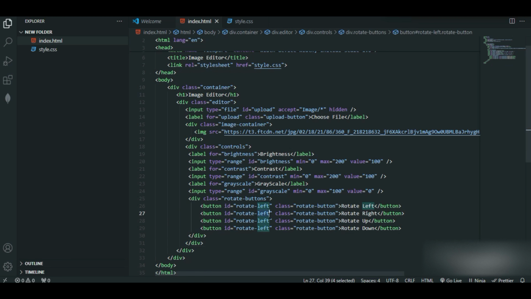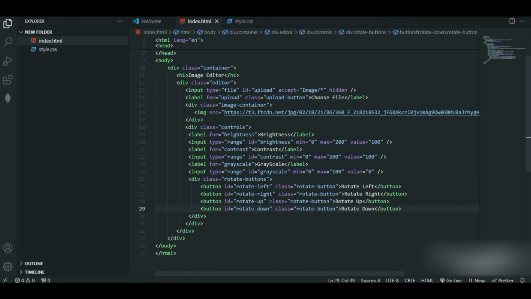So here it will be right, up. Also, this will be down. So initially, for the class name, sorry, for all the 4 buttons, the class name will be rotate button itself. So this is it. After the closing of this div tag,